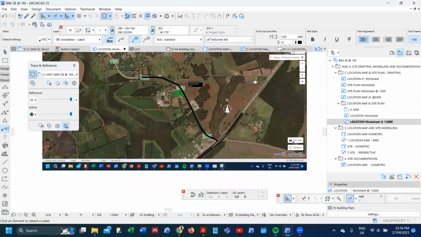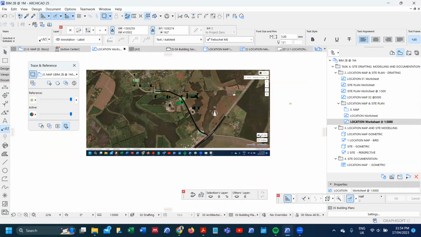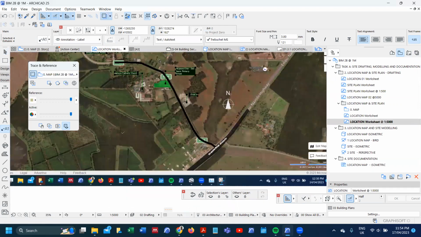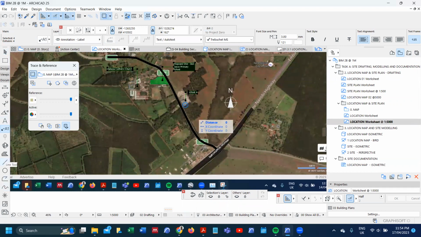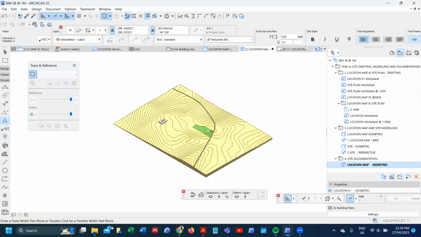And that's what we drafted. So in terms of the labels, in terms of the text,